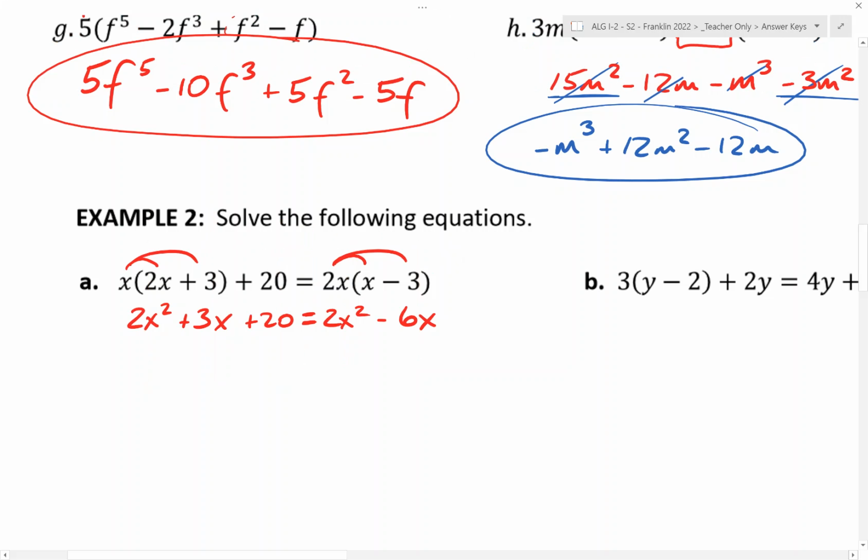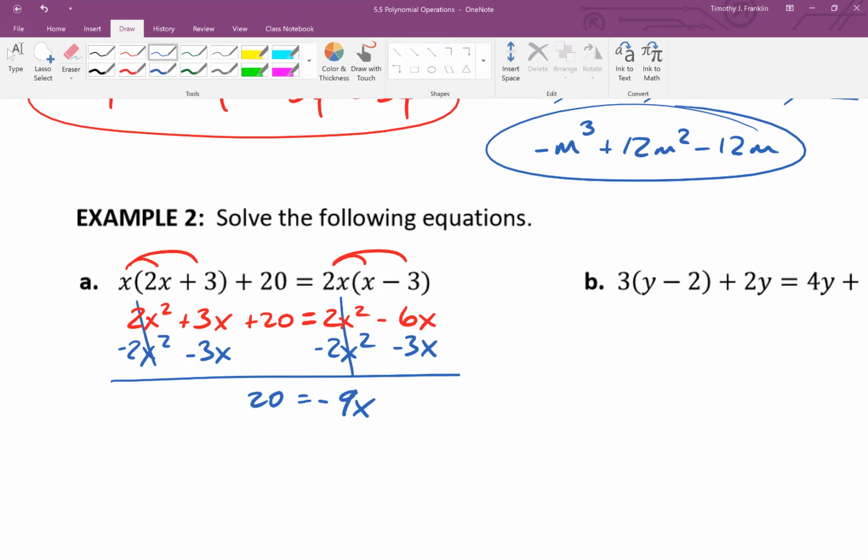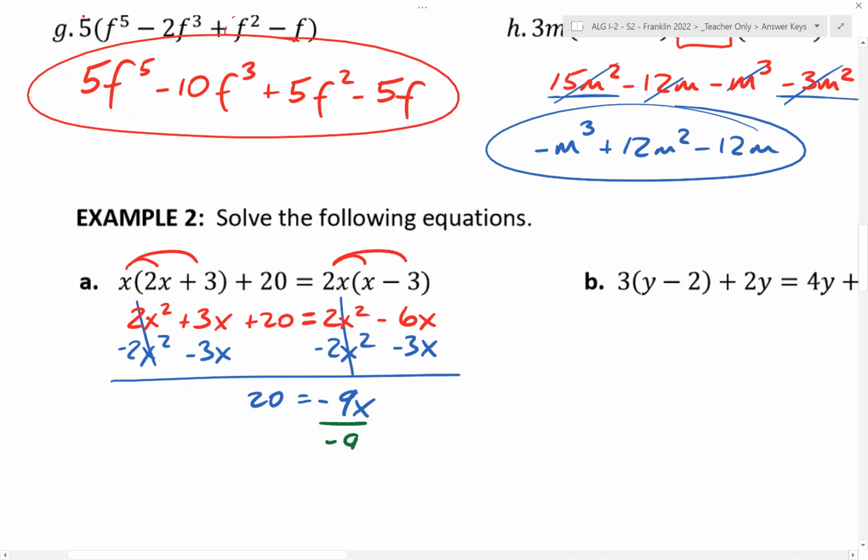So now let's bring some of these things together. Obviously, when you solve an equation, you want to get all your variables to one side and your constants to the other. So let's go ahead and subtract 2x squared. That's actually going to cancel completely out here. So let's keep going. Let's subtract the 3x. So we end up with 20 equals negative 9x. And then we'll just divide by negative 9,